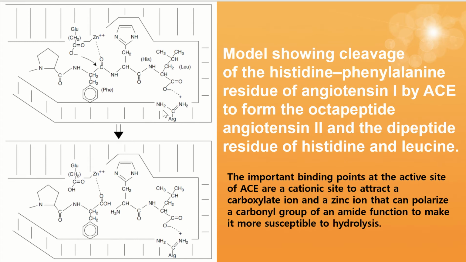So here we have a positive cationic site on the ACE to attract a carboxylate. So this is a carboxylate ion. And a zinc ion that can polarize a carbonyl group of an amide function to make it more susceptible to